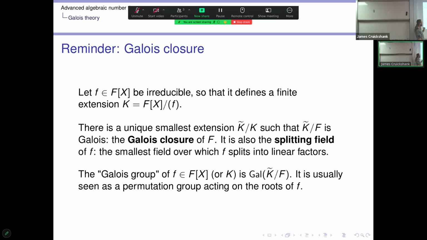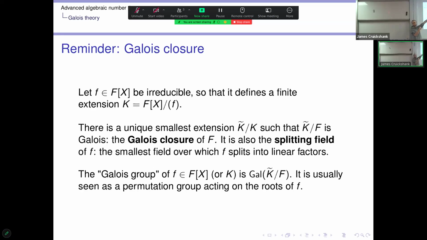Another way to see it is as the splitting field of the polynomial, meaning the smallest extension that contains all the roots of the polynomial, over which the polynomial splits completely into linear factors. What we often call the Galois group of F, and sometimes even the Galois group of K, which is an abuse of terminology, is in fact the Galois group of the Galois closure,